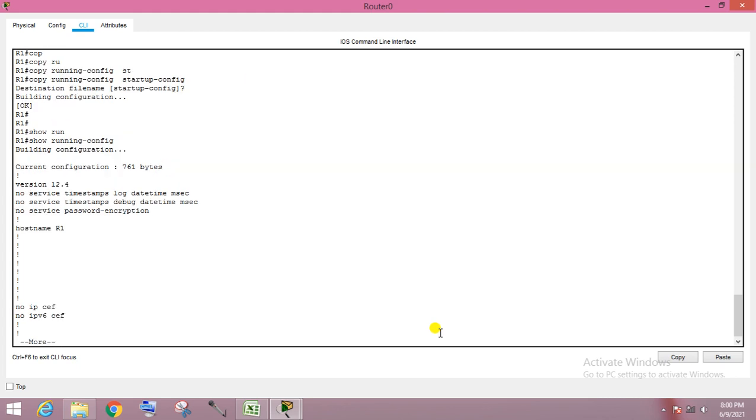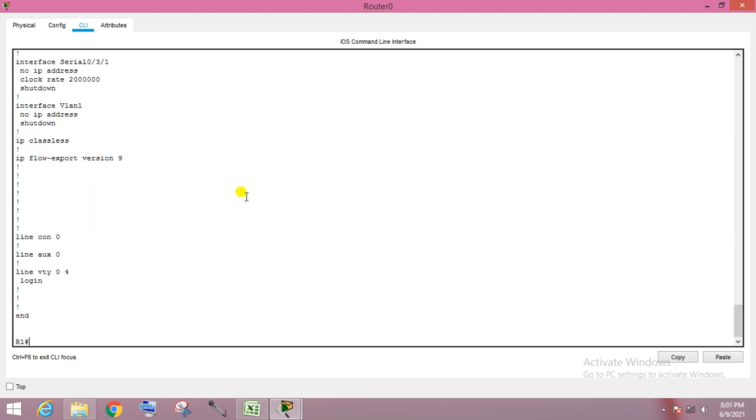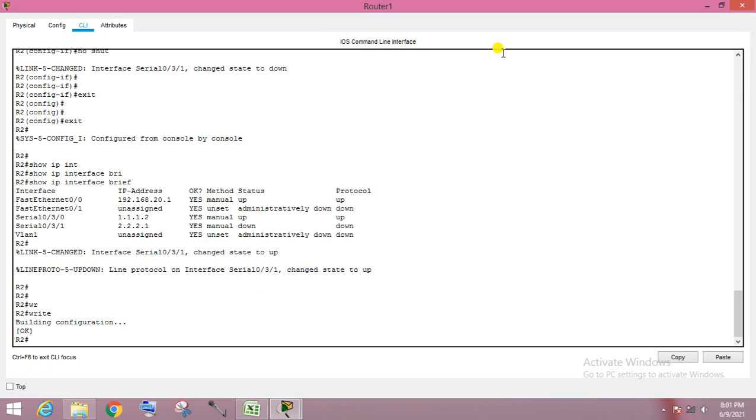You can show the running configuration of what we have done here. You can check: you have done a LAN configuration, and this is the WAN configuration. Everything is fine in this router. In this router, just hit the same command.